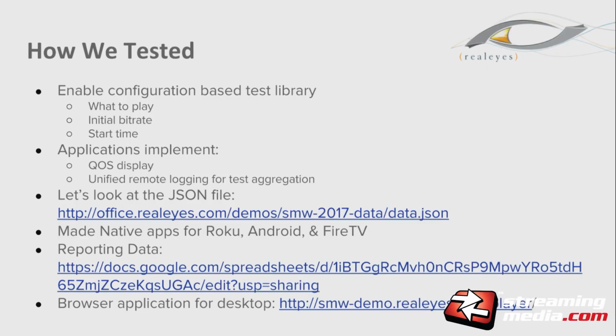So as I mentioned, these are the kind of things we did. We also did a quality of service overlay on all of them, allowed us to specify things like where do we want to start in the manifest, what if we want to specify initial bit rates, and also just how do things benchmark out of the default. We're using the default media players, or ExoPlayer on Android, to give us a baseline for how these things do out of the box, depending on what we want to feed it.